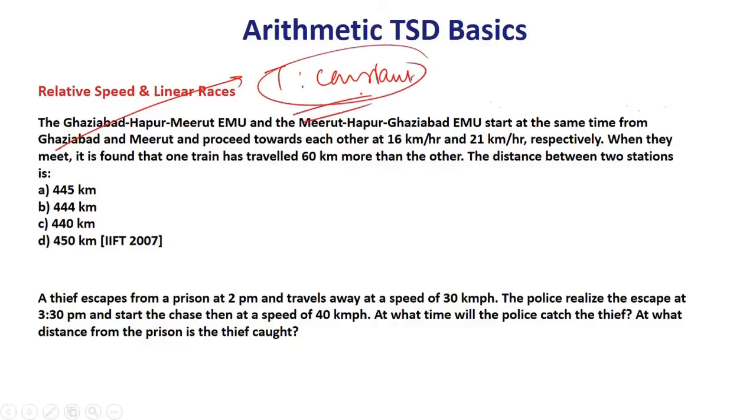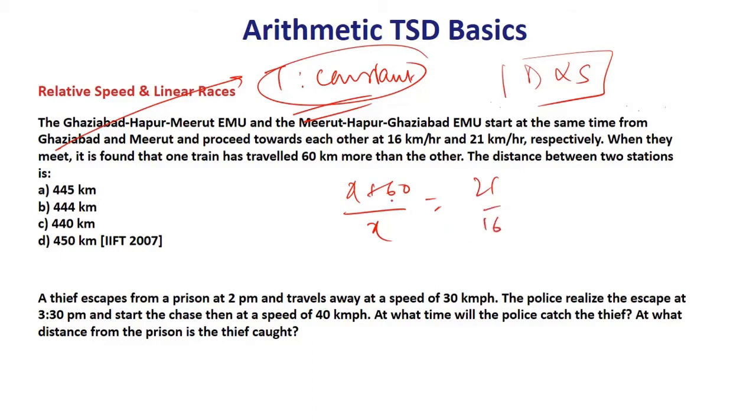Whenever they meet, time is always a constant. So in this case, time is a constant. Therefore, distance traveled must be proportional to the speed. So one train has traveled x plus 60, the other has traveled x, and the speeds are in the ratio